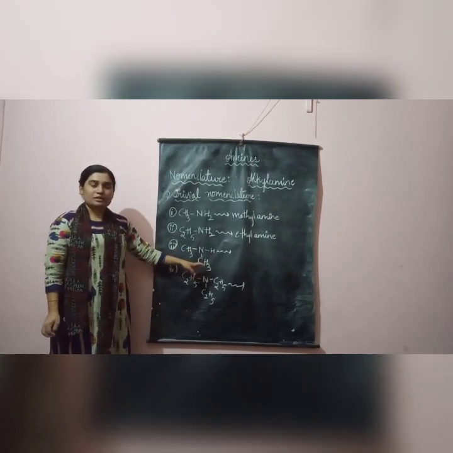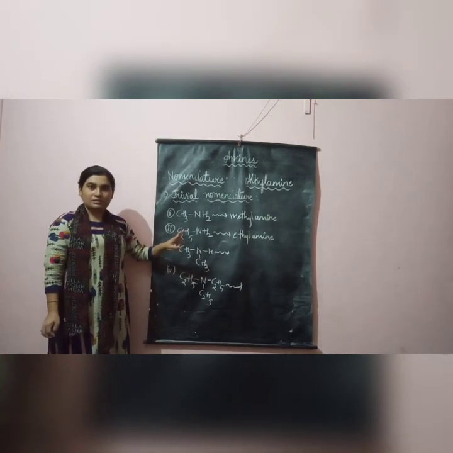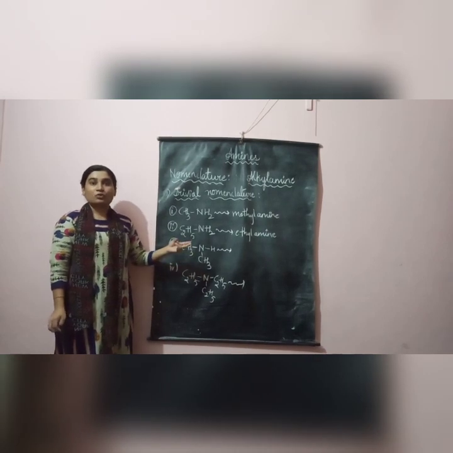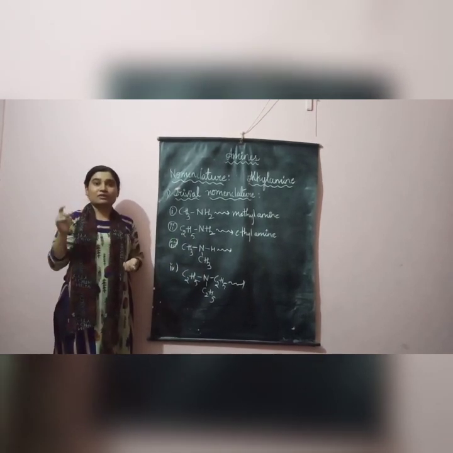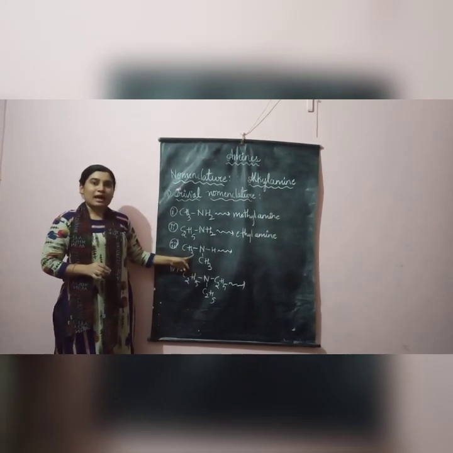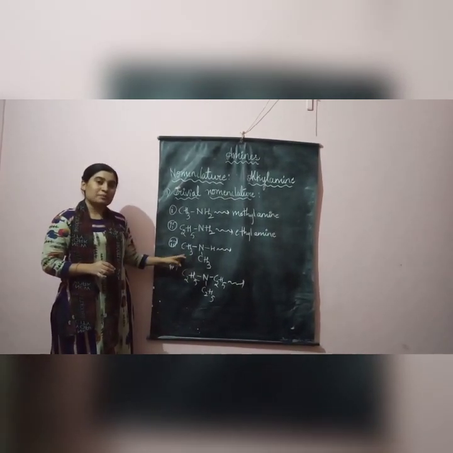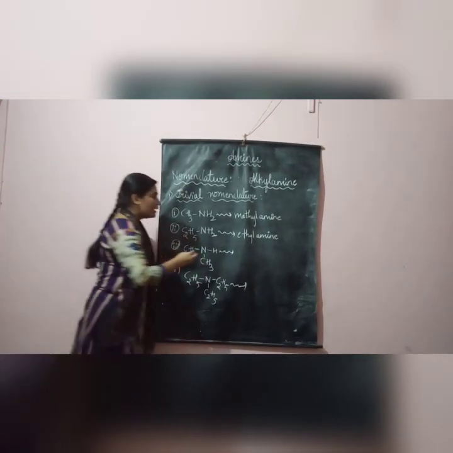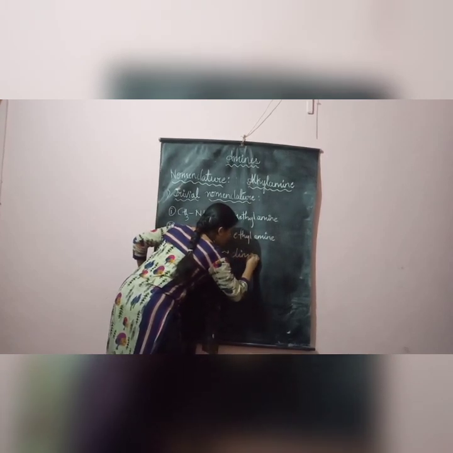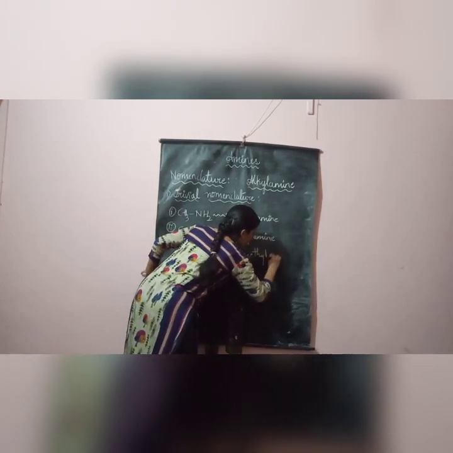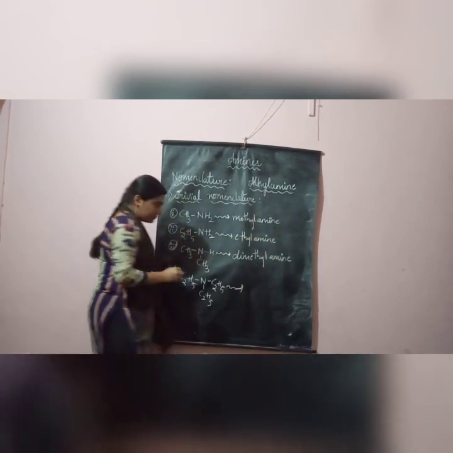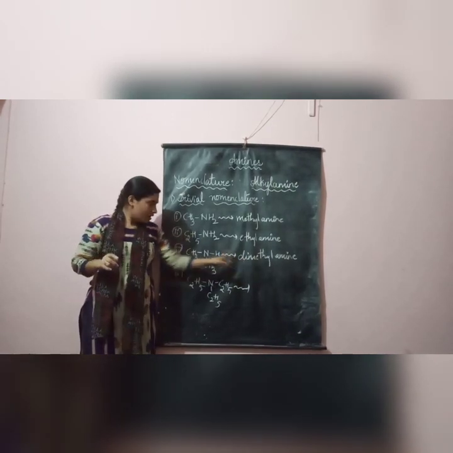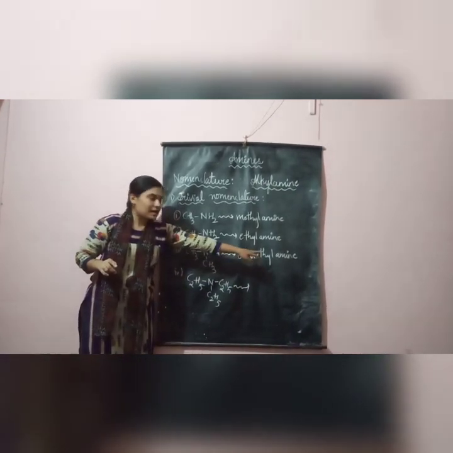So how many alkyl groups? CH3, two alkyl groups. Are they same? Yes, they are same. And how many times is it? Two times. And we know if two times, if I have to use it in the nomenclature, I will be using the word di. Since same groups are there, I will be taking the word di. And what is the alkyl group? Methyl. Dimethyl amine will be the nomenclature here. The common nomenclature is dimethyl amine. Since the same group is present two times, I have used di. Methyl group is present. Then I will be writing amine.